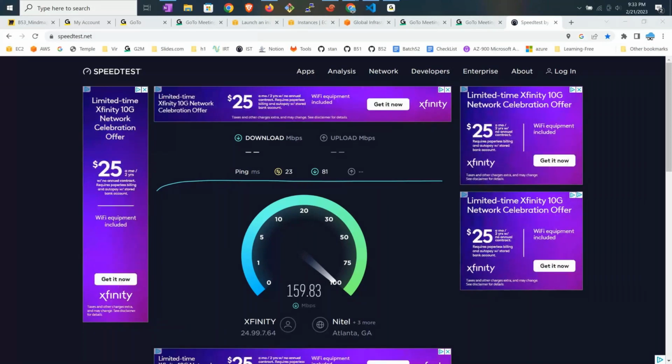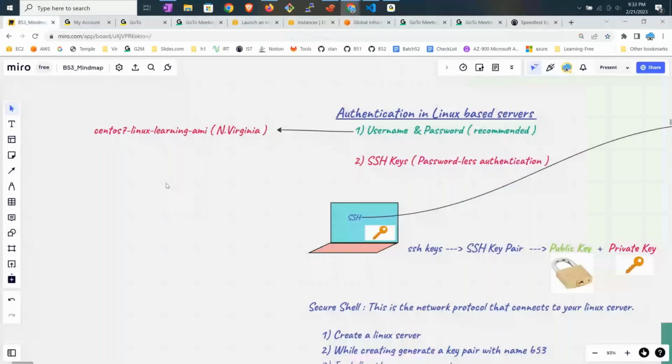All right, so let's try to start wherever we left off. So guys, going forward, we are not going to use SSH keys or key-based authentication anymore. Instead of that, we are going to use a username